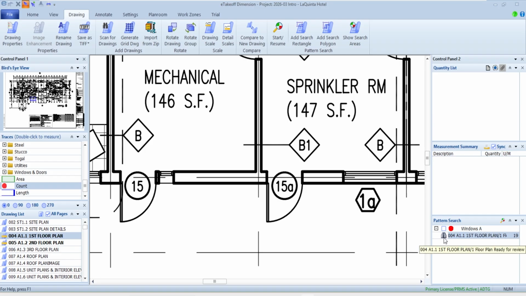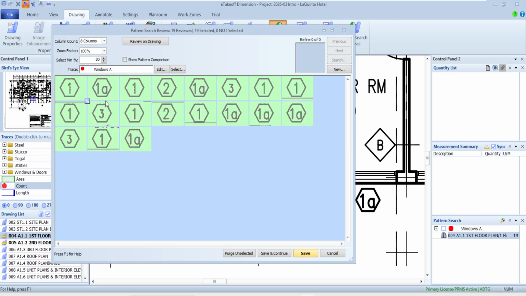Now I'm sitting here waiting on it. I could be doing takeoff. So if this takes a little bit to search, I could be going back and doing another takeoff while it's going through. You could do multiple searches at the same time, and it'll just process them behind the scenes in the background. Once it gets done, it'll show me binoculars. It'll show me what it found. So here's all the different variations of what it found.